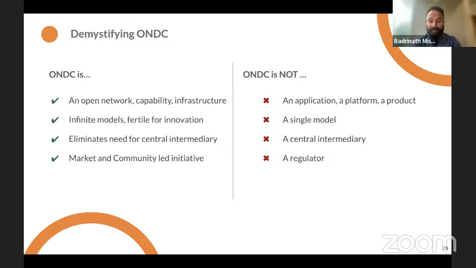And ONDC is not a regulator. We do not keep any data. We don't want to create any rule for e-commerce. ONDC respects all the rules which are defined by the government of India. And it is actually a community of applications from the buying side, selling side, and logistics side, where they define how to go about it. Any document, any technology that we come up with, we always take our community's input to create it for them.